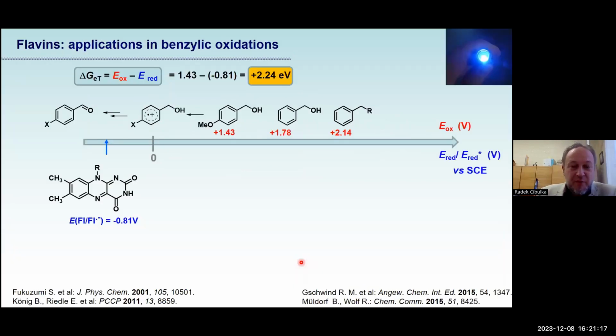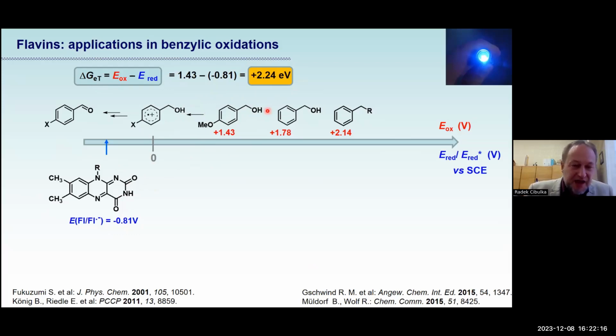I will talk today mainly about reductions, but I will start with oxidative chemistry. The reason is that flavins were from the beginning considered as a very strong oxidizing agent in an excited state. When we consider the flavin as an oxidizing agent, you can see here the redox potential, which is much lower than, for example, a substrate like benzyl alcohol. Oxidation of benzyl alcohols is one of the oldest applications of flavins in photoredox catalysis. But if you calculate the Gibbs energy, it is very, very positive. So it means that the flavin in the ground state is not able to oxidize